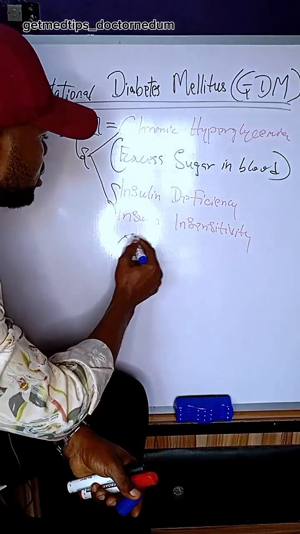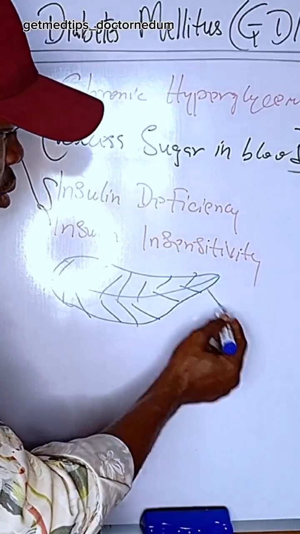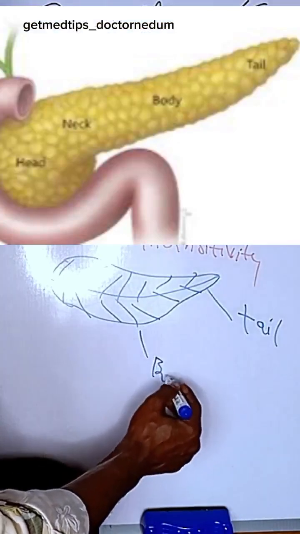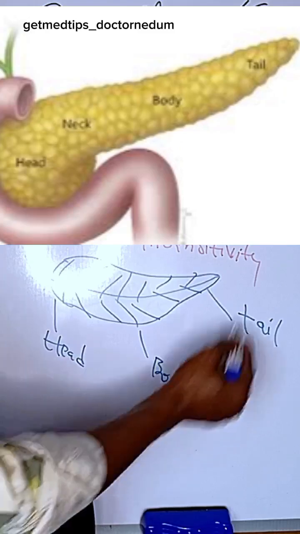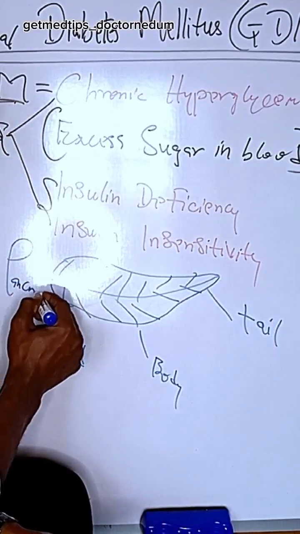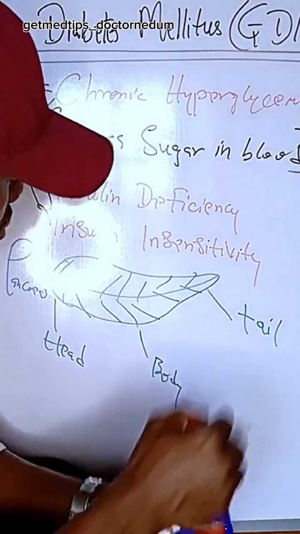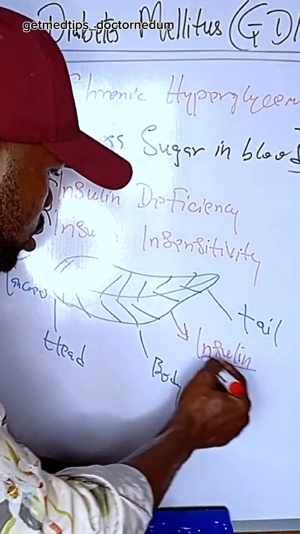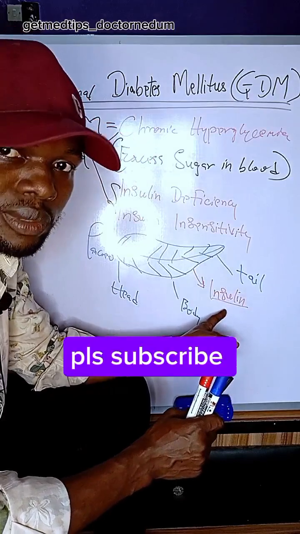So the pancreas is in this shape. It has a tail, it has a body somewhere at the center, and then the head. So head, body and tail of the pancreas. So this pancreas is the organ that produces insulin. So if there is any problem with this pancreas that will reduce its production of insulin, it can lead